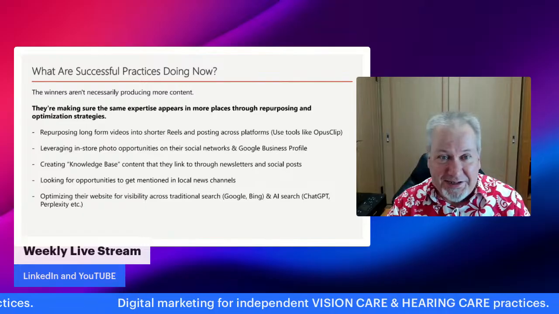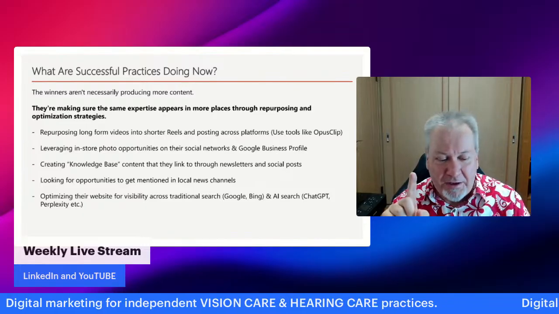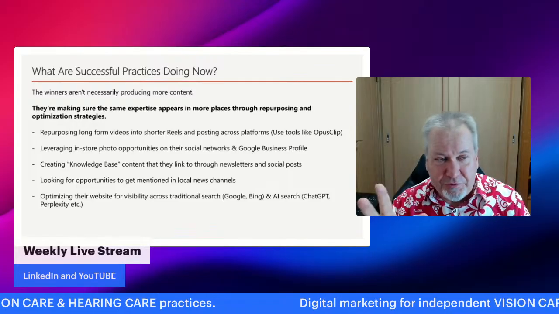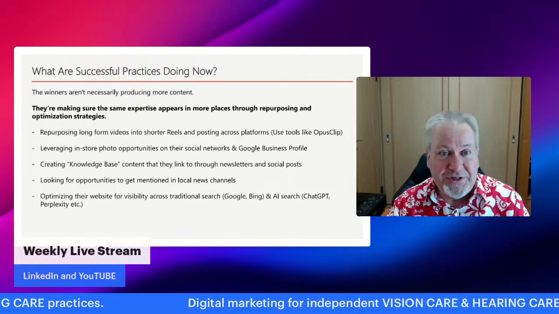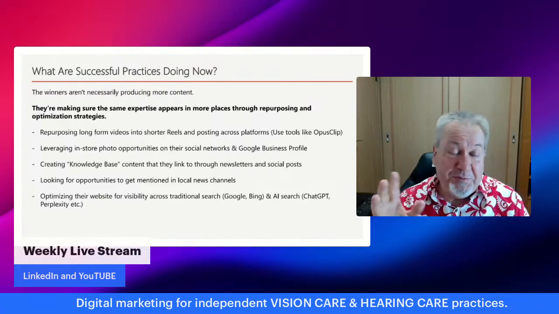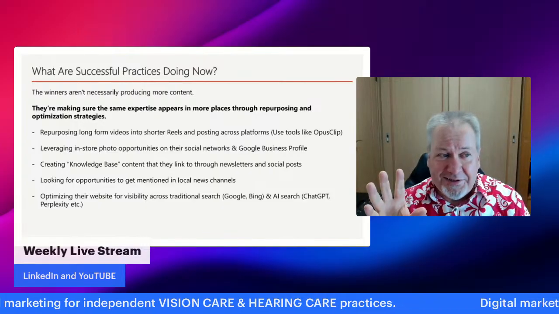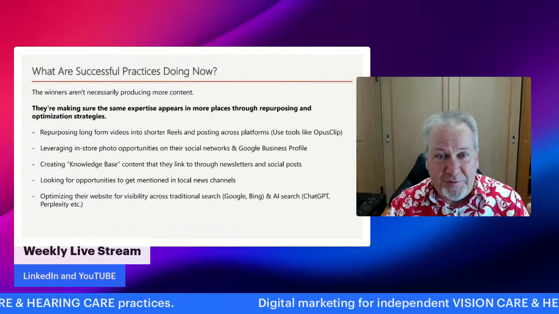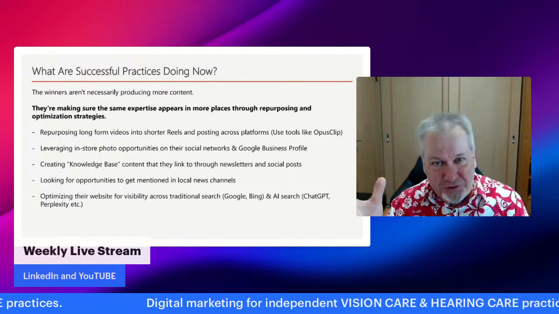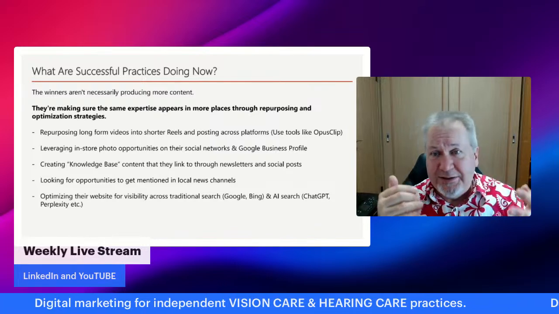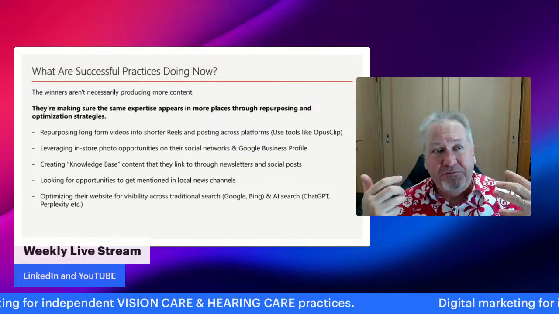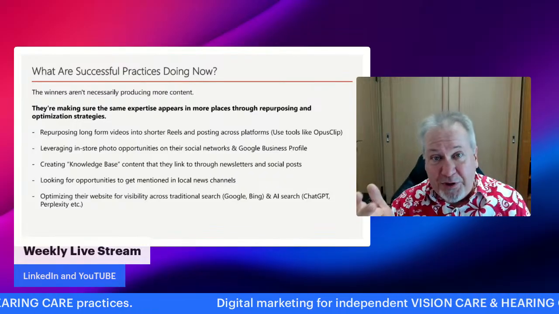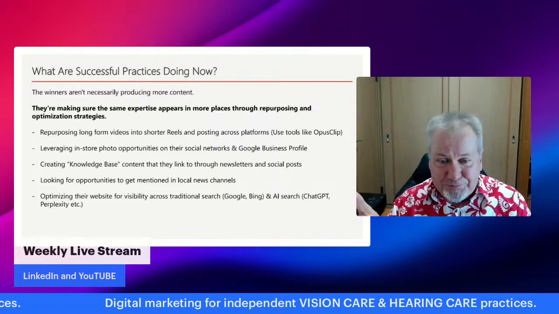It was all about getting links to your website. With the new search paradigms that are emerging, simply getting a mention of your brand is worth almost as much. So if your community magazine has an online version, which they all do, they mention your brand, and that gets picked up by AI platforms like ChatGPT and so on. That's of benefit to your online visibility.